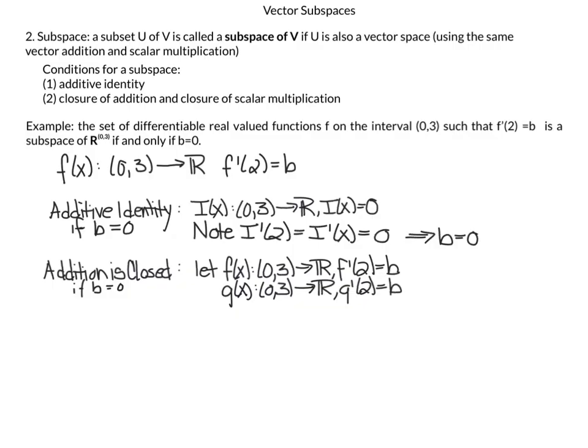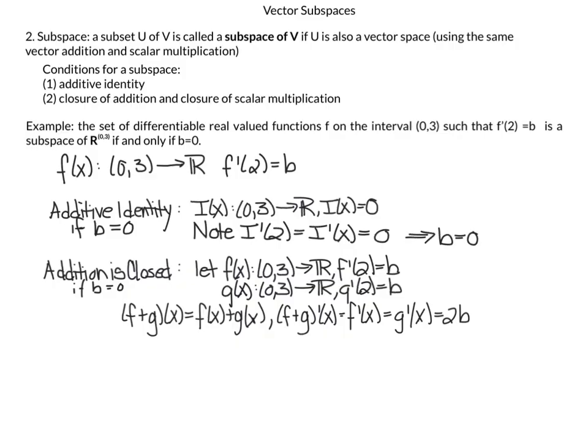Next, we want to verify addition is closed, so we're going to let f be a function that maps from the open interval 0 to 3 to R, and f prime of 2 is equal to b. Similarly, g of x maps from 0 to 3 to R, g prime of 2 is equal to b. When we consider now f plus g of x, that's equal to f of x plus g of x, then